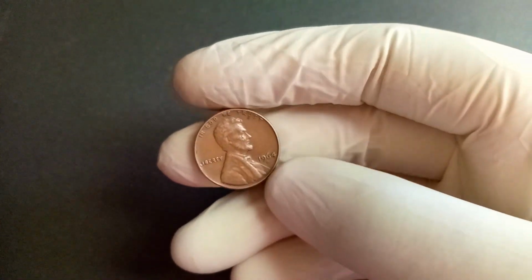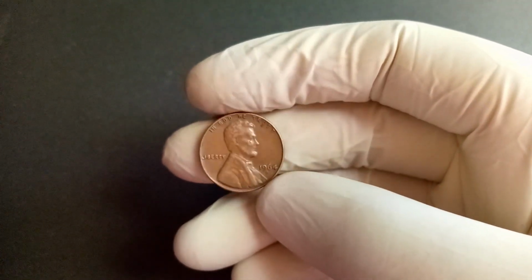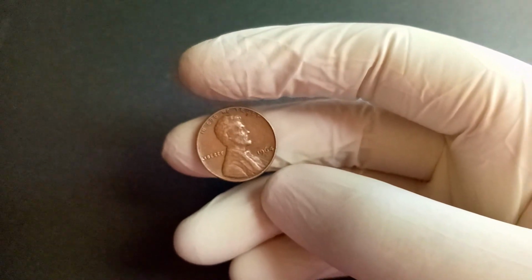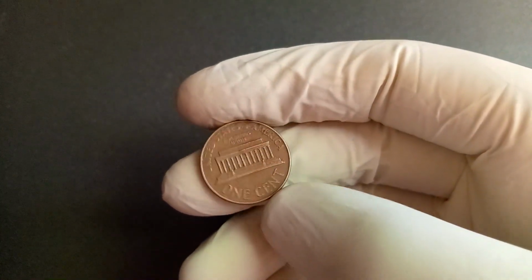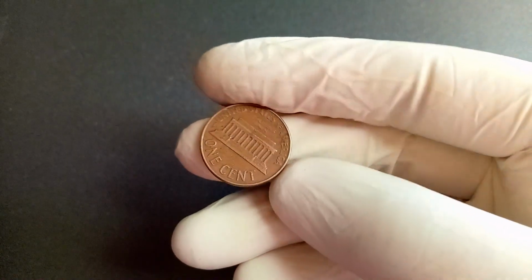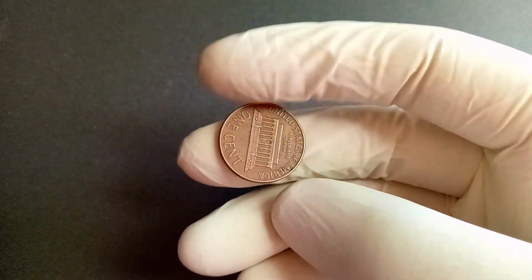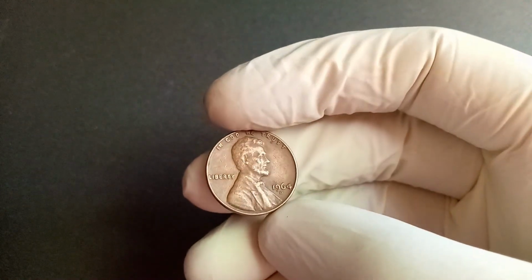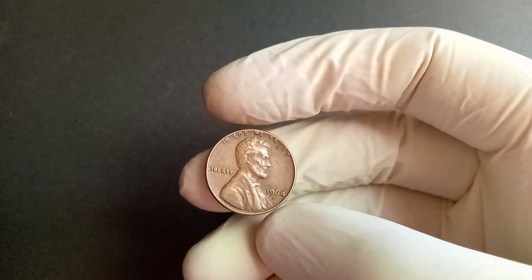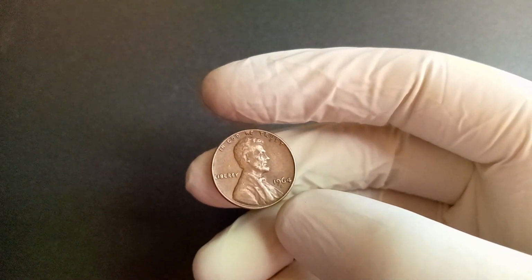Now you may be wondering, why are so many people unaware of the 1964 D penny's potential value? The answer lies in its deceptive appearance. To the untrained eye, this coin looks like any other old penny. But experienced collectors know that true value is often invisible at first glance. This is why educating yourself about coin varieties, minting errors, and grading standards can dramatically improve your chances of making